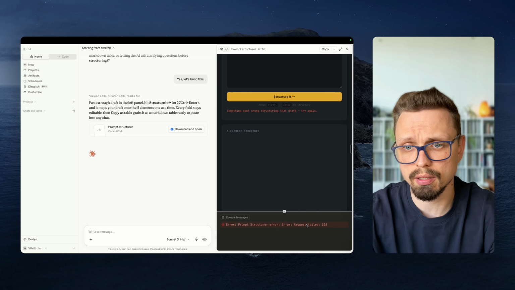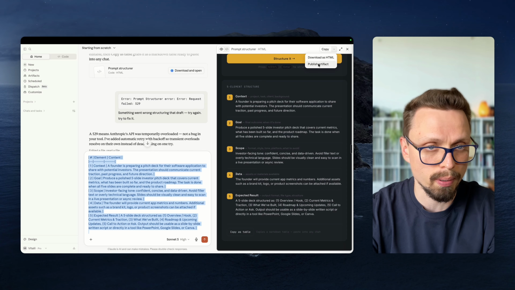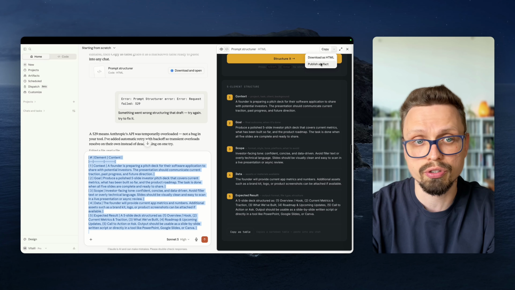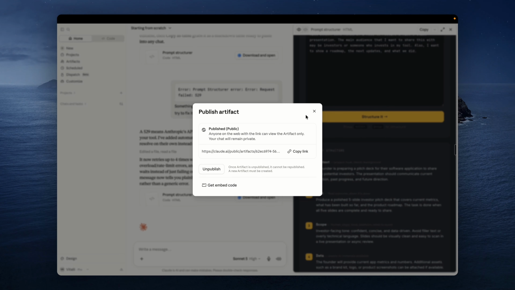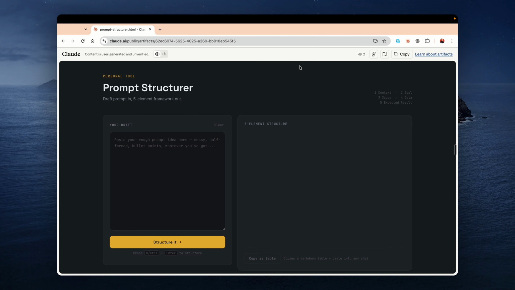What you can do next, you can use this artifact in chat, but you also have the option to publish, let's say deploy, these artifacts to the servers of Claude and use a link in your browser. You will receive a link, and through this link, using your browser, you can access the artifact. Let's try. So you receive the link, and what do you need to do next? You need to just copy and paste this link into your browser. Of course, in this browser, you need to be logged in to Claude if you want to use this tool.